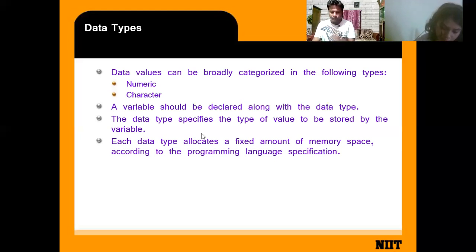Okay, so data type means what? The data type defines the type of value that you have to store in a variable. Which type of value you have to store.